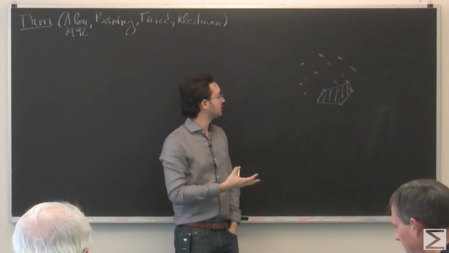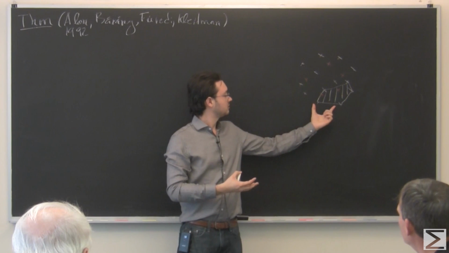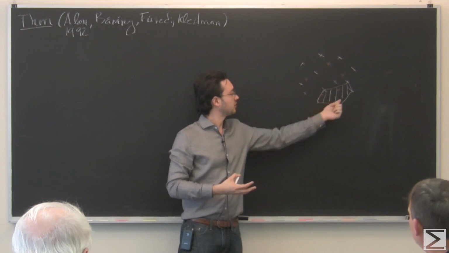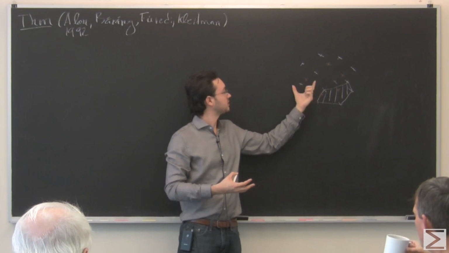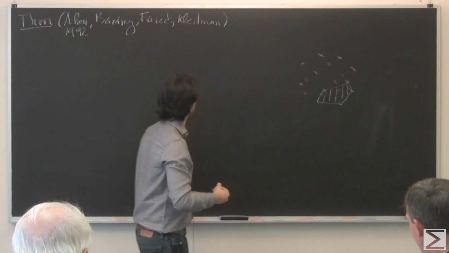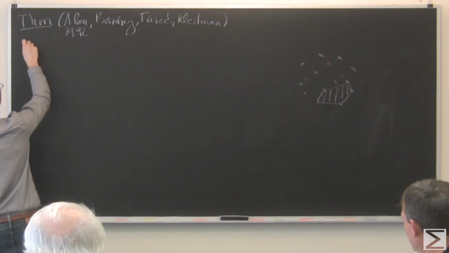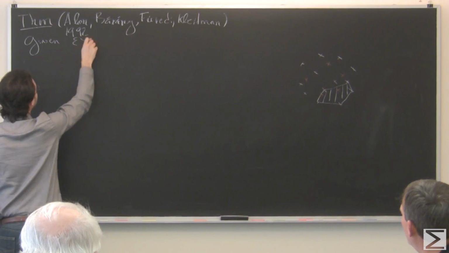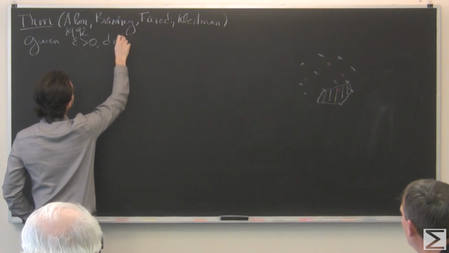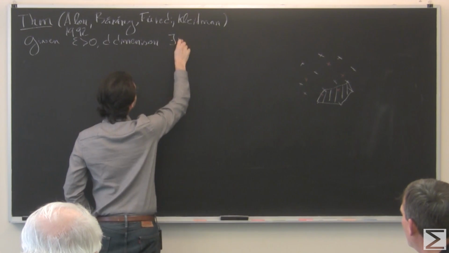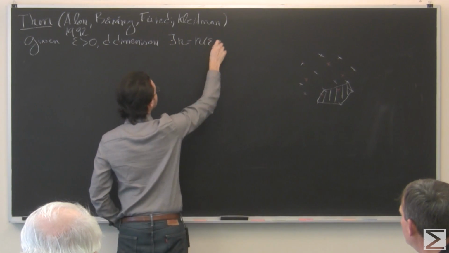And what they prove is that if I give you the fraction of the size of the subsets that I want to be checking, how many points do you actually need for something like this? So what they proved is that given the fraction epsilon bigger than 0, and the dimension of the space I'm living in, there's an integer n, which depends only on these two numbers,